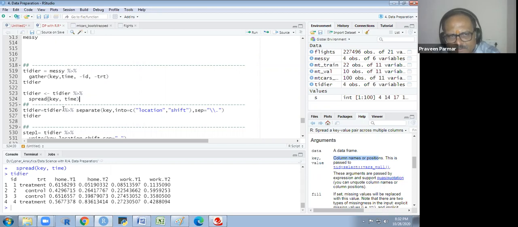Okay. Now we see separate and unite. These two functions we will understand, separate and unite. Spread and gather we have completed. Now separate and unite. I will show you what separate is.